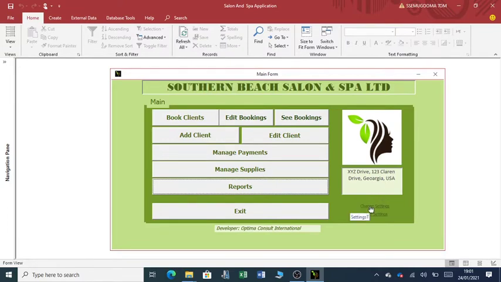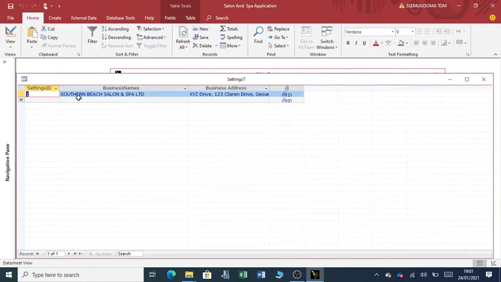If I click change settings, I can change this to Northern Beach Salon and Spa. I can change the address maybe to A, B, C depending on your address. I can also change